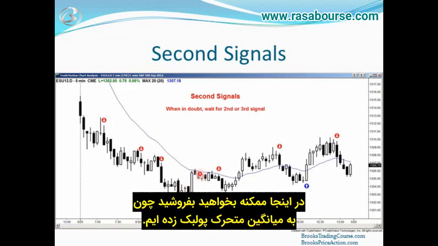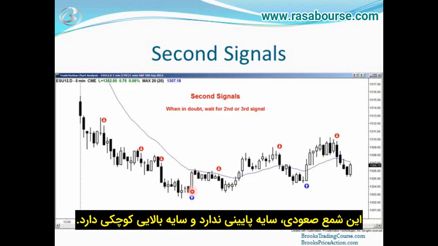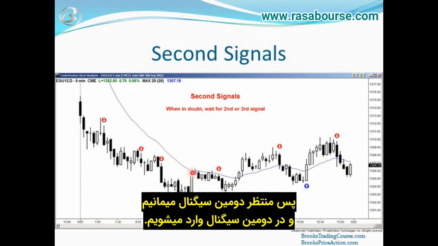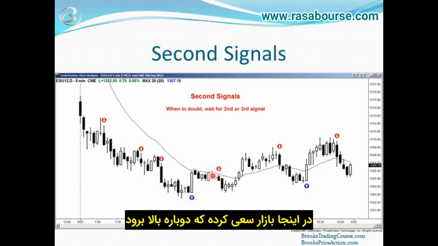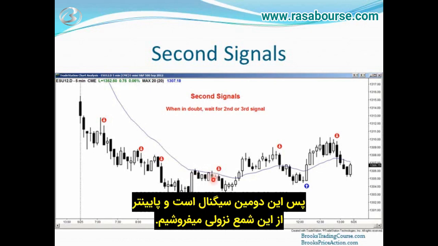Here you could say, well, I want to sell. We're pulling back to the moving average, but the signal bar is small compared to the bull bar, and the bull bar opened on its low tick, closed right on its high tick, so it's very strong. I'll wait to see if there's a second signal bar, and I'll take the second signal. Here the market tried to go up a second time and again had a bear bar closing on its low, so shorting 1 tick below the low of that bar would be your second signal,